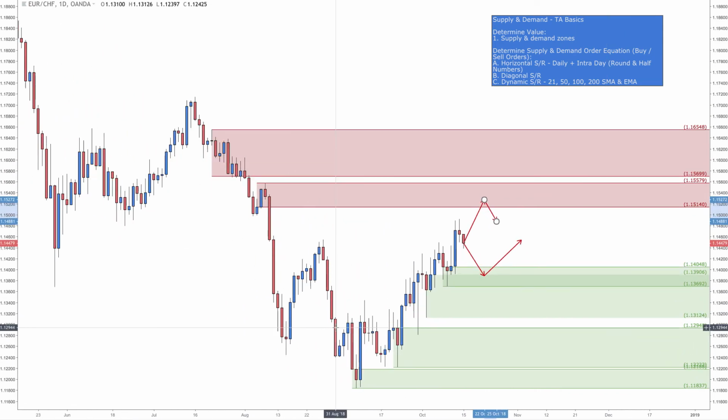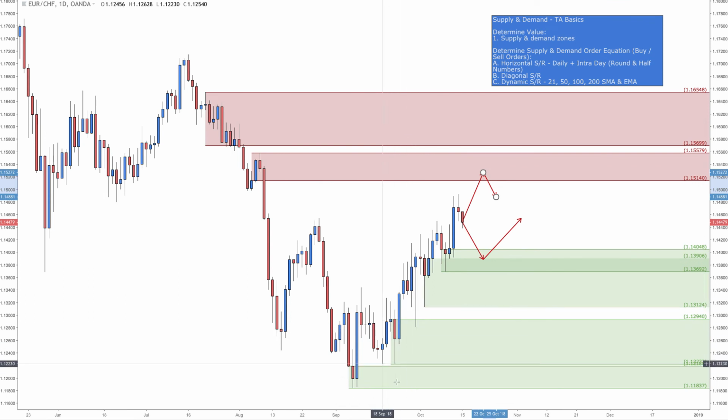This is a currency pair I was looking to get long on around here, but we just didn't get the prices come down into this demand zone. So I guess you don't always get the trades, but there's plenty of other trades, and there's always other currency pairs presenting lots of opportunities. We've